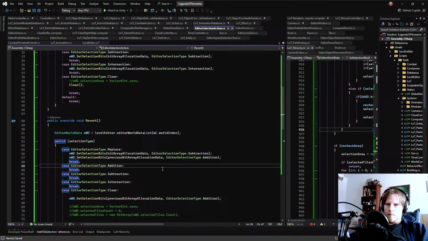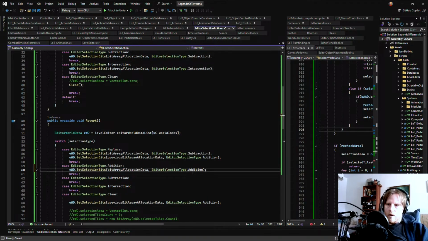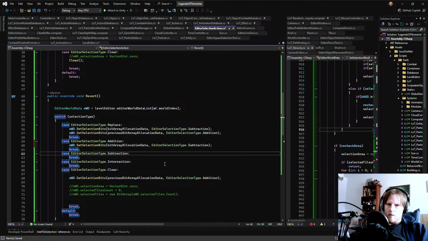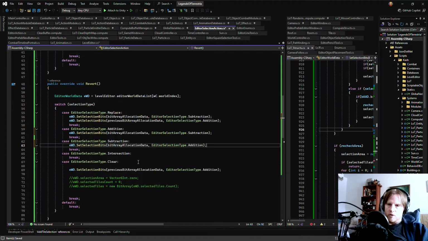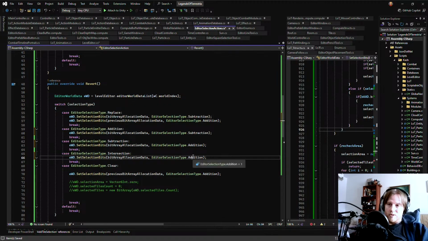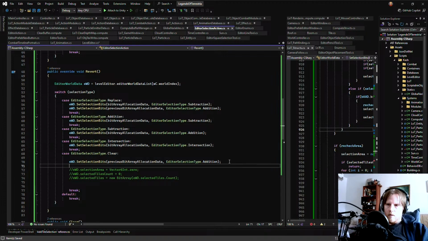And then here, addition is subtraction. Subtraction is addition. And intersect is just intersect, because intersect just flips. And clear does that.